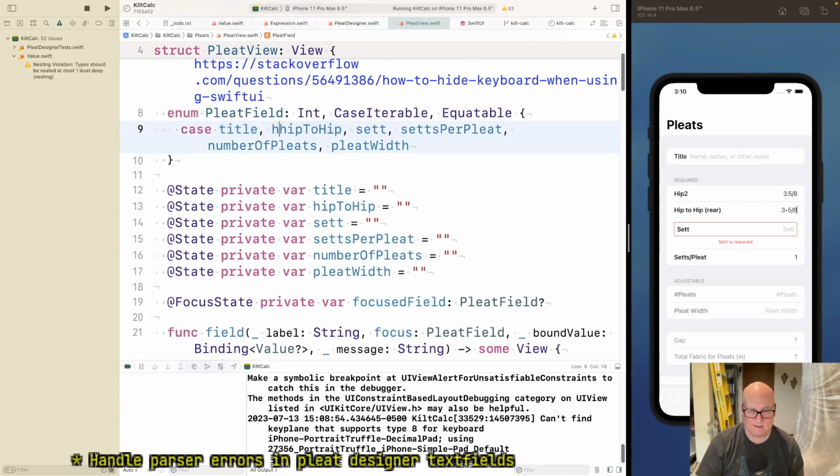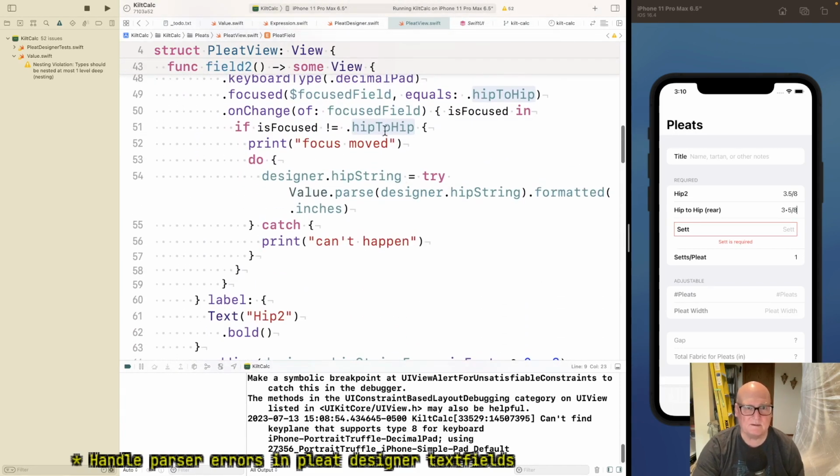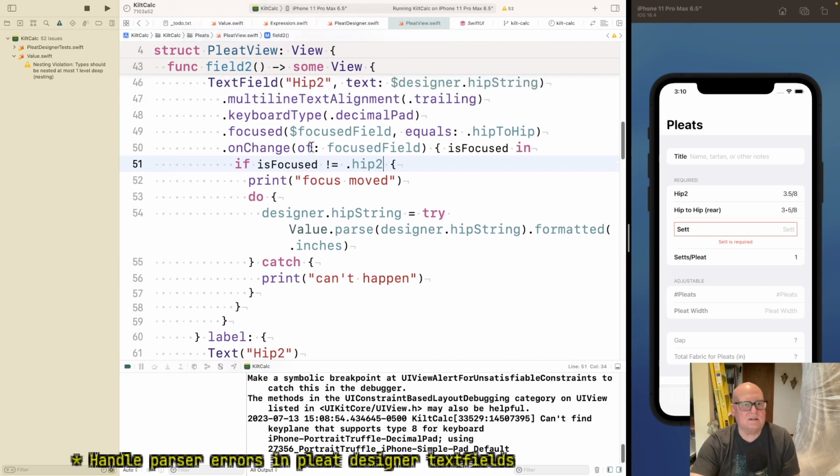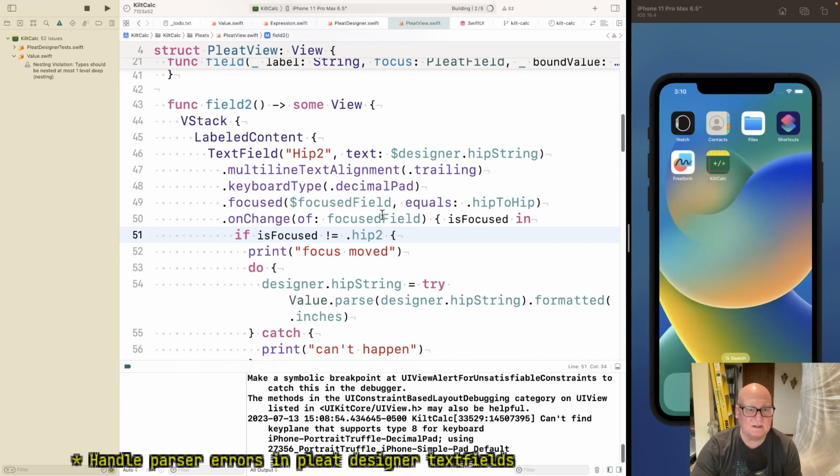Let's add this hip to and make use of that. I think maybe I'm moving off the wrong field. Okay. Now the other thing is, I don't know if onChange of focused field just generically sits out there or if it really is attached only to this entity. Okay, but we definitely need our own.